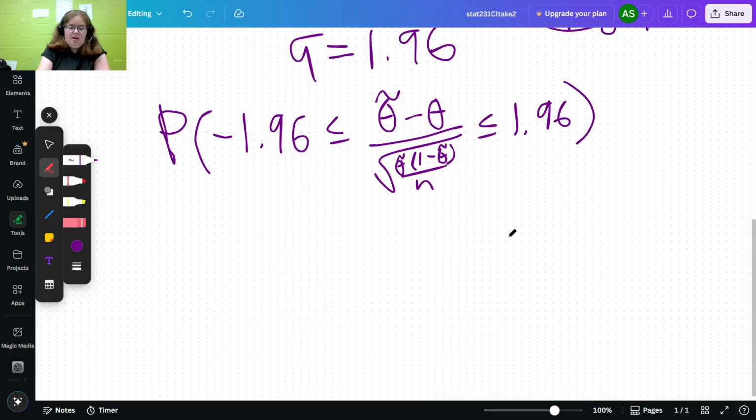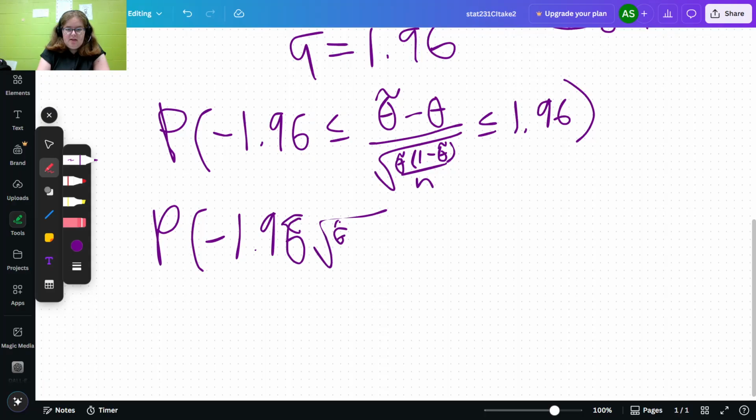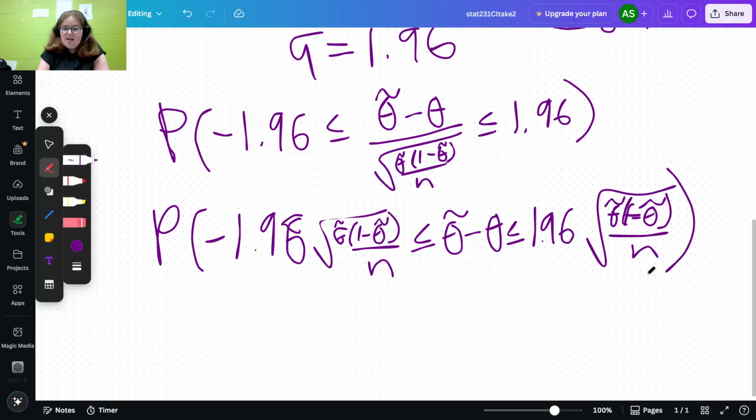And the first thing I want to do is multiply out the denominator so I can start just having theta on its own in the middle. So when I do that, theta tilde, 1 minus theta tilde over n. And I don't blame you if you want to fast forward this part because you might be way more of an expert on this than I am. I encourage you to do that. So, okay. Then from here, I can just subtract my theta tilde. And then,